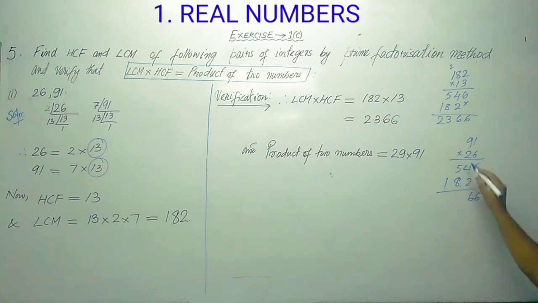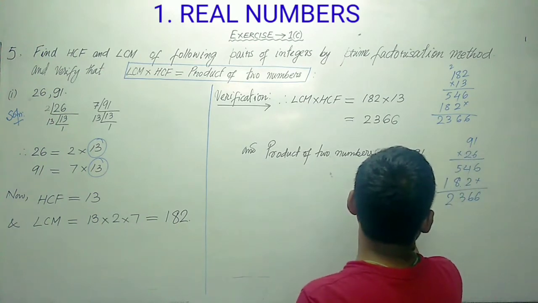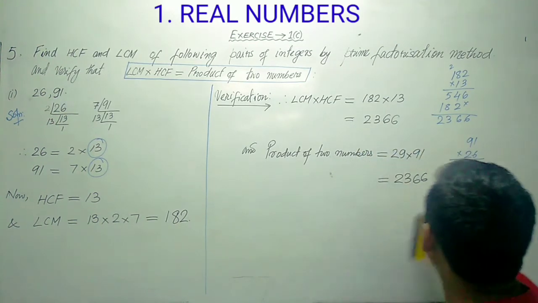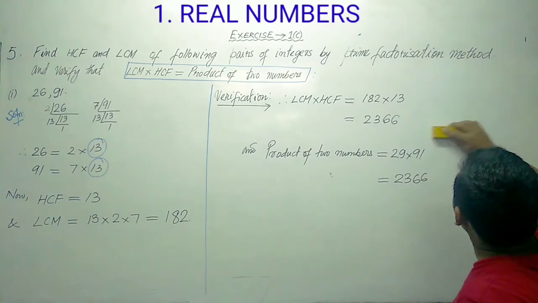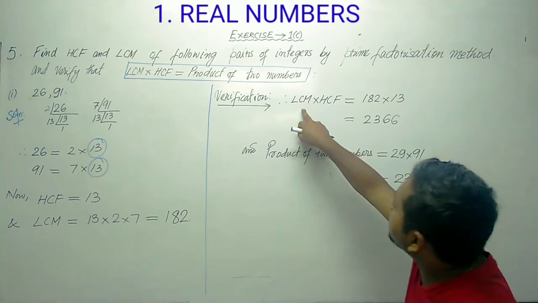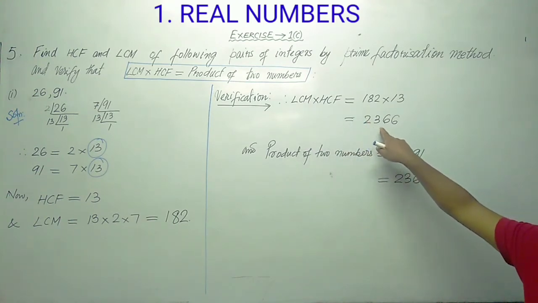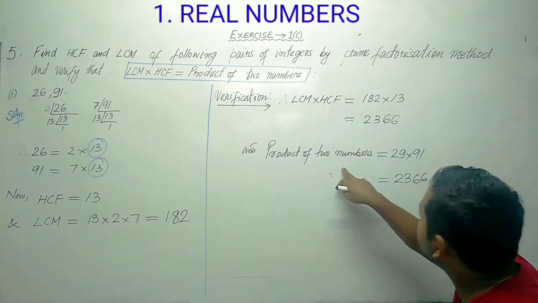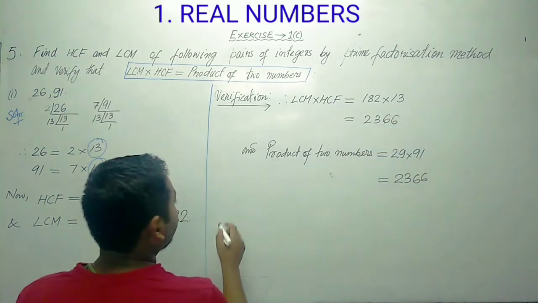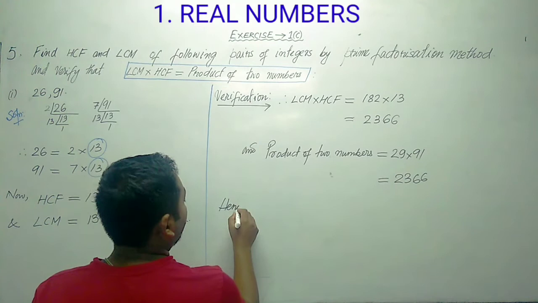6, 6. 8 plus 5, 13, carry 1, 1 plus 1, 2. So you have 2, 3, 6, 6. Let me clear this. Now we have seen that LCM into HCF is 2366 and the product of the two numbers is again 2366. Are they not equal? So you can write down, hence